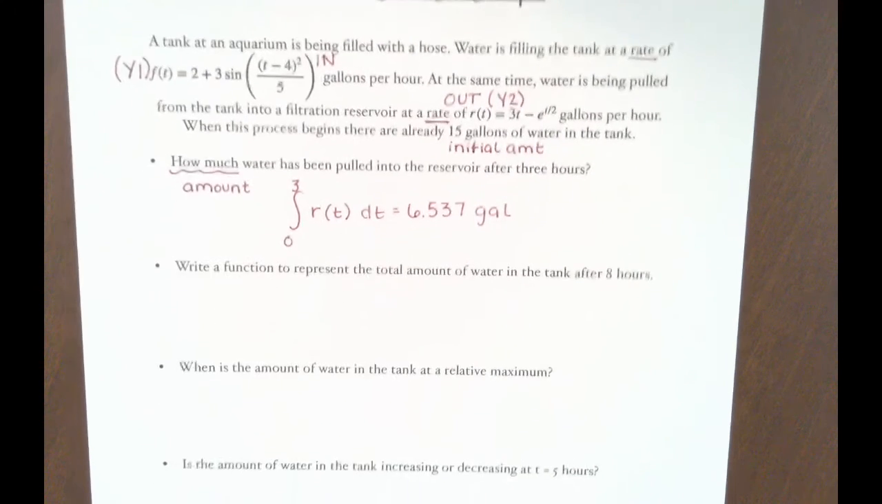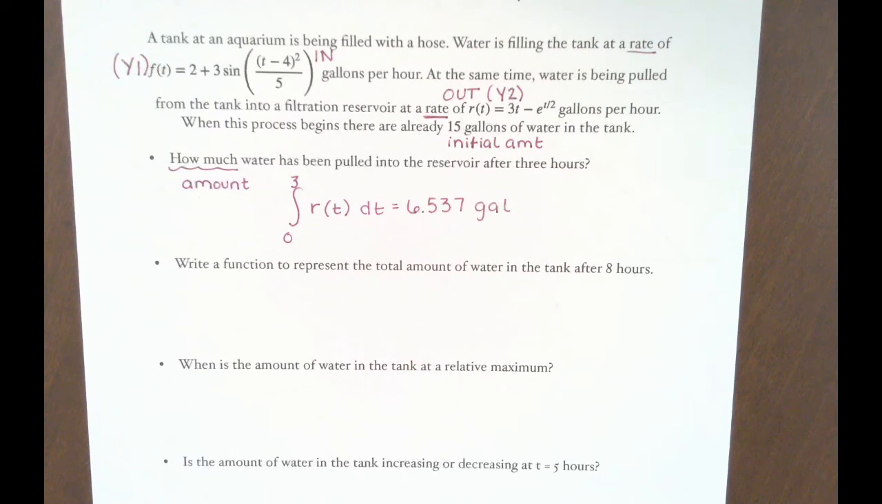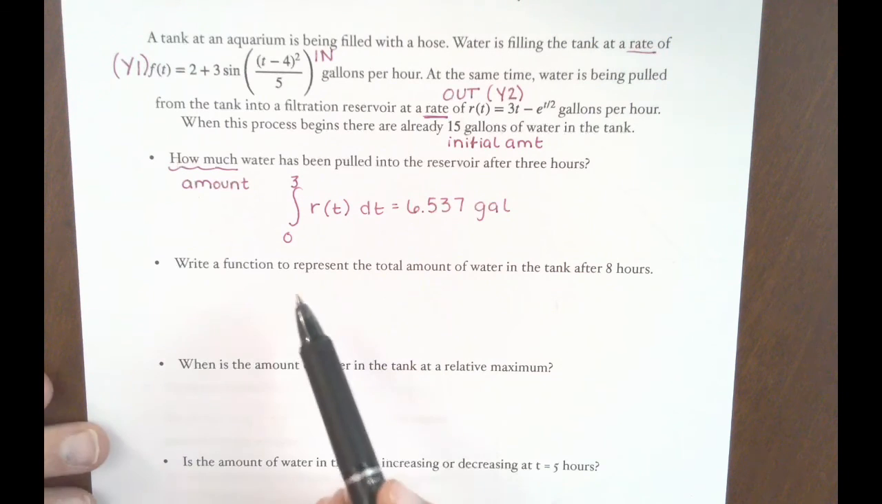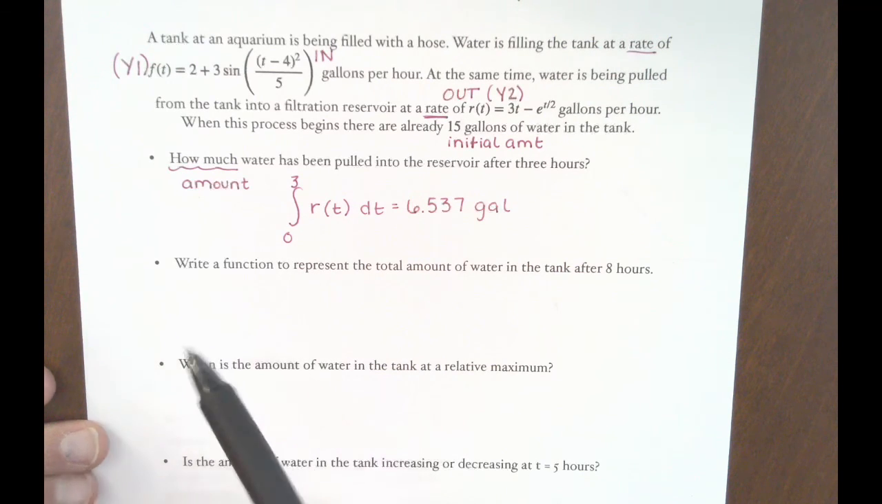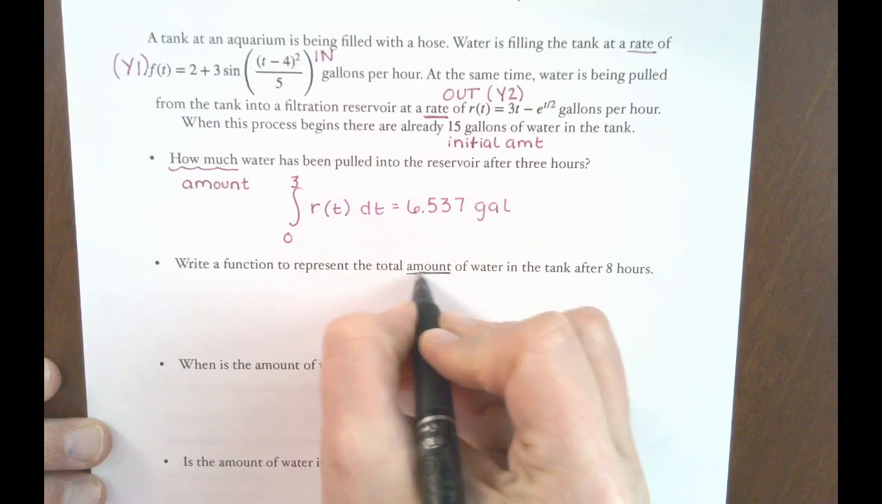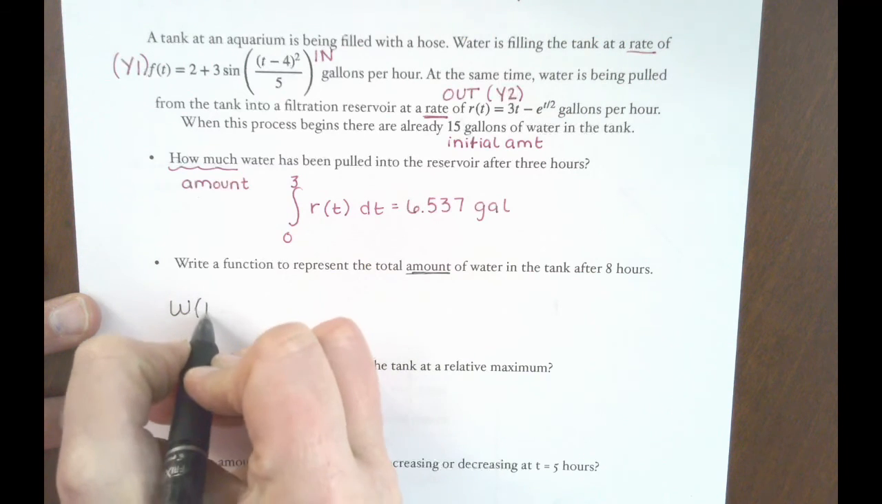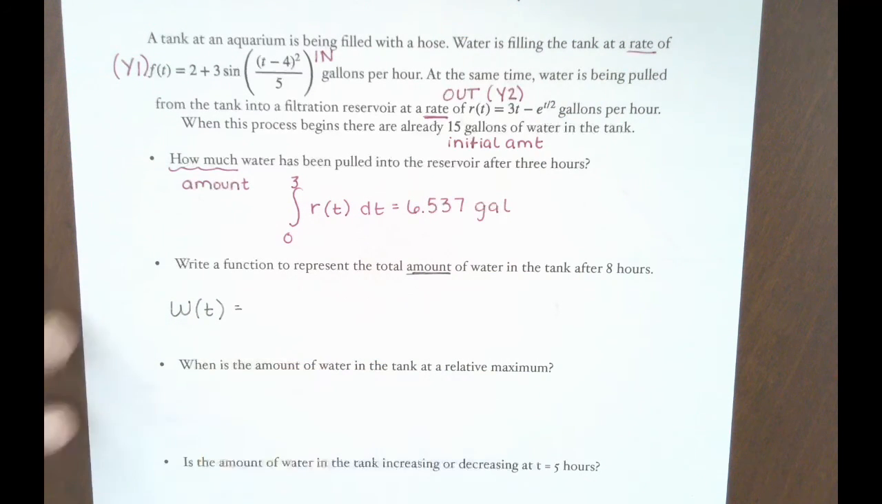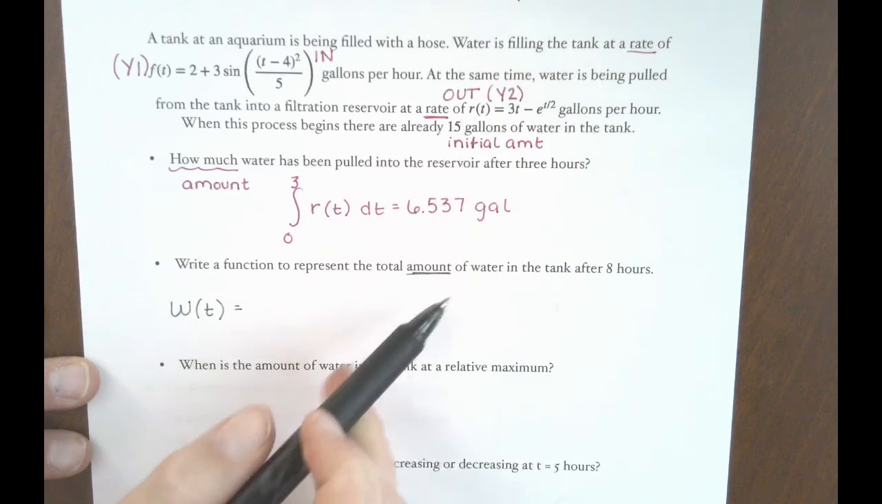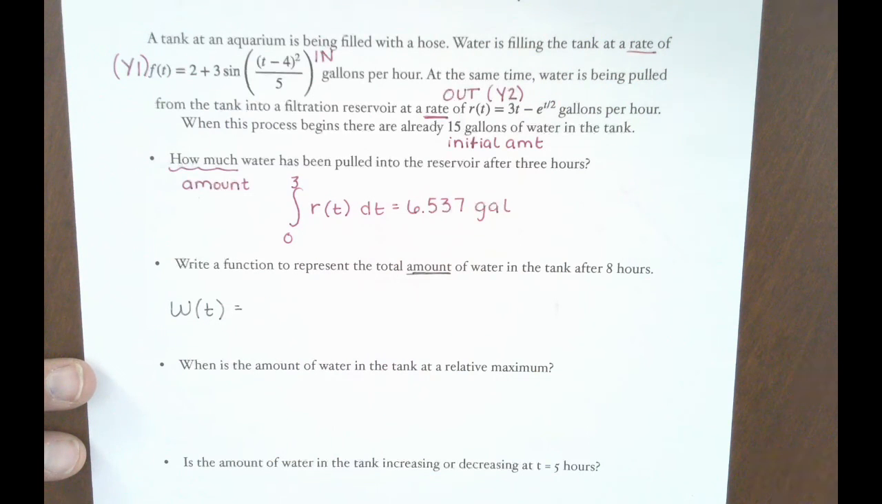Okay, next one. This is probably the bigger deal. Yeah, write a function to represent the total amount. That's what I thought it was. Okay, the total amount of water in the tank. So this is taking into consideration the ins and the outs and the everything. But it is an amount question, right? So I'm going to write a new function, and I can do this on the AP test too. I can decide I'm going to name this W of t, which is the total amount of water after however many hours. Okay. This question is specifically for after 8 hours, but I kind of wish,